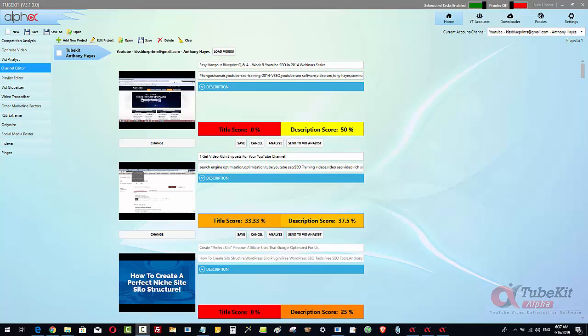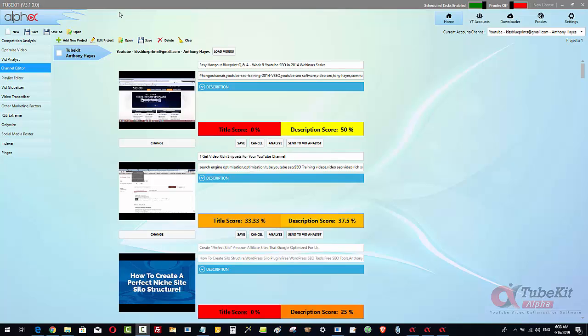What I want to do in this video is just cover some basic settings and give you some tips on how to get the best out of using the Alpha SEO tools. Now, all of our tools have the same kind of interface. We've built a framework that we use for every single Alpha tool. So if you've got tools like Video Synth Alpha or VidAttack Alpha or Livestream Alpha, etc., they've all got the